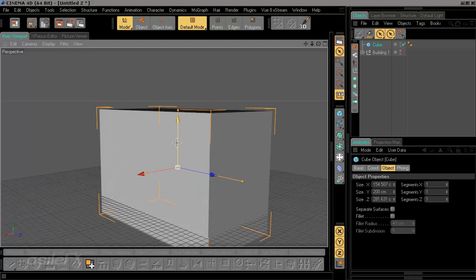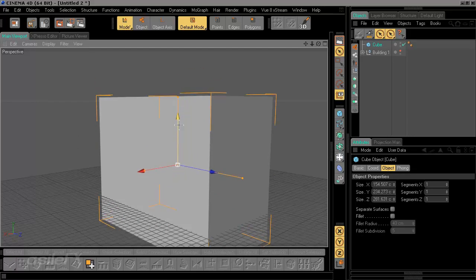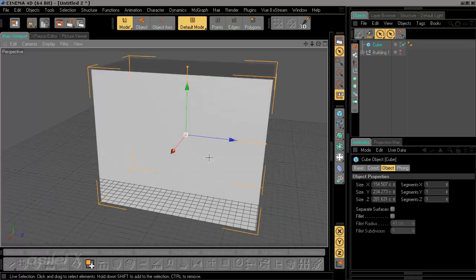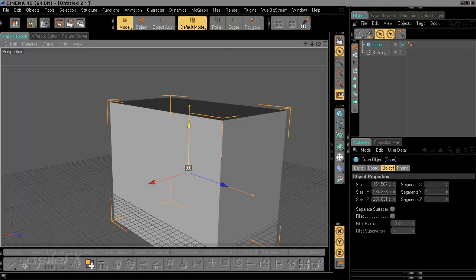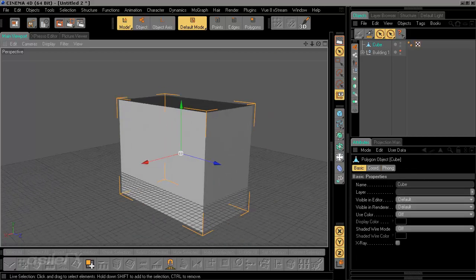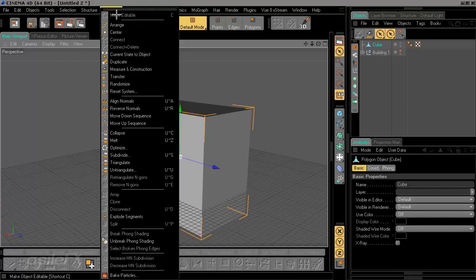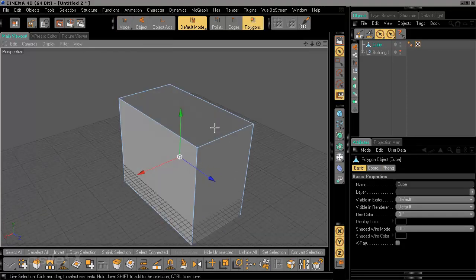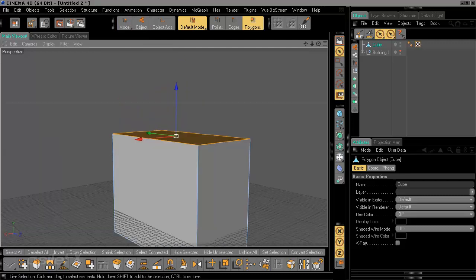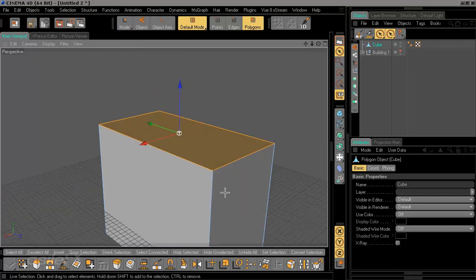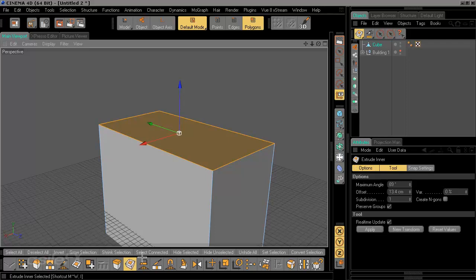Move that up. We'll go ahead and scale it for that overlapping area on the bottom, the base, and then we can hit C on the keyboard to make the object editable, or go to Functions, Make Editable, switch over to Polygon mode, and we have this top polygon we can use for the roof. And for this type of roof, we don't need to disconnect it from the object. What I'm using is the Extrude Inner command,